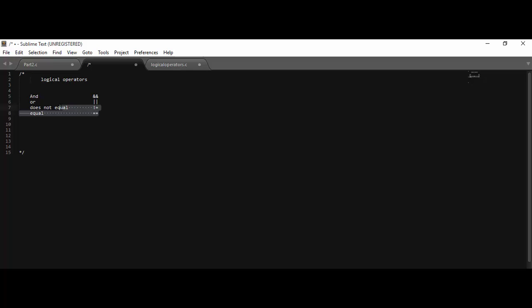I am going to show you how to use them in a few seconds, but make sure you have memorized all these 4 logical operators by heart. Now that you have probably memorized these logical operators, let's use them in programming. So the first program we are going to write using the logical operators is to check if the